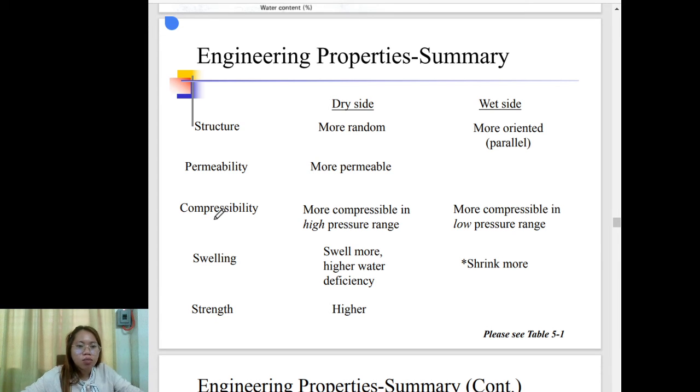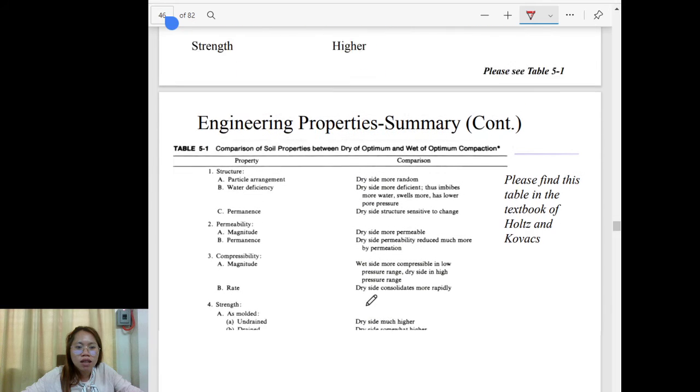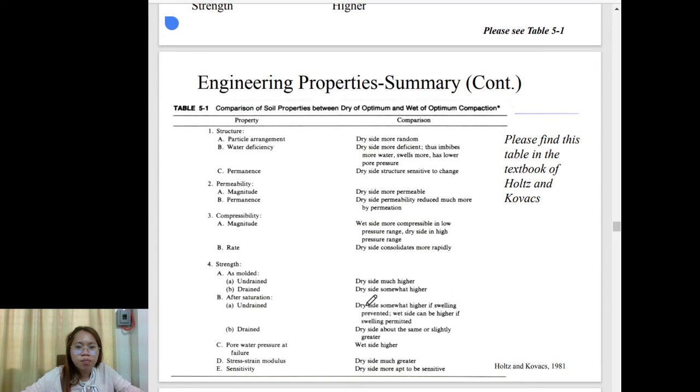And compressibility, the dry side is more compressible in the high pressure range, and the wet side is more compressible in the low pressure range. In swelling, the dry side swells more because of higher water deficiency, and the wet side shrinks more. And strength in the dry side is higher. So this is the continuation of the